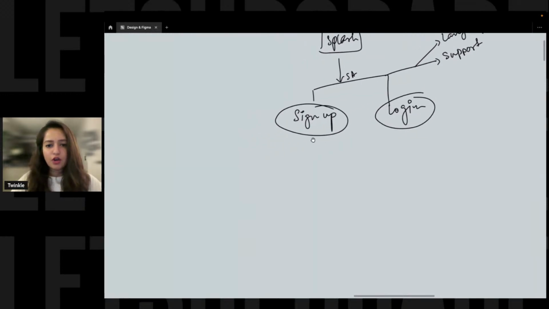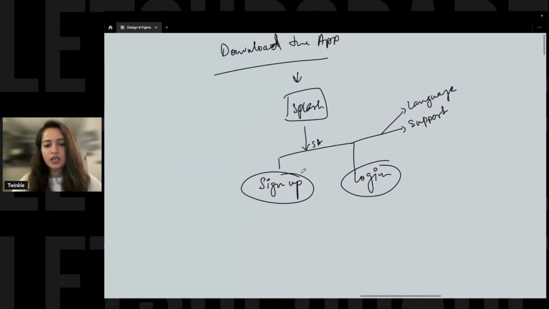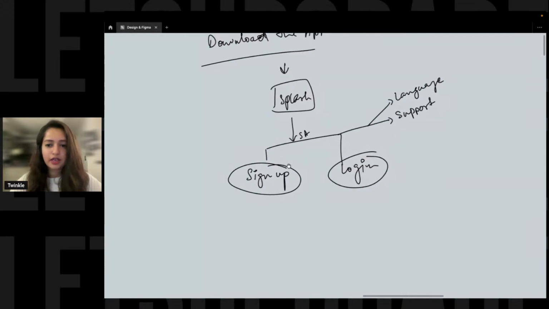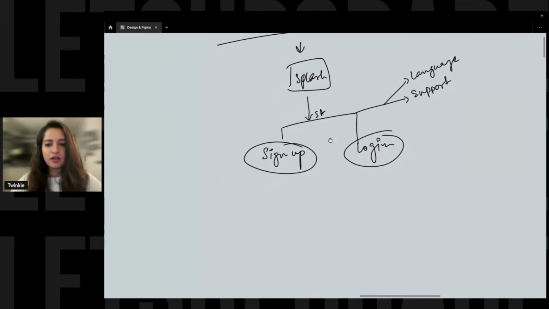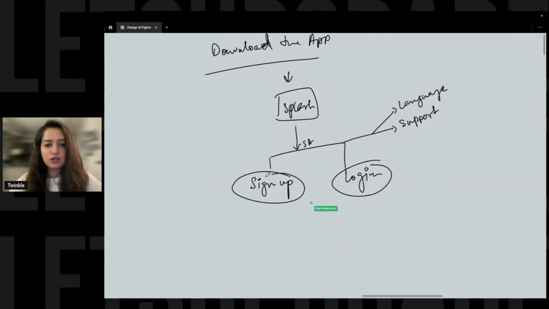Okay, moving on. So even before wireframing, creating a flow chart to map out the user's journey is very important. It helps us understand what information